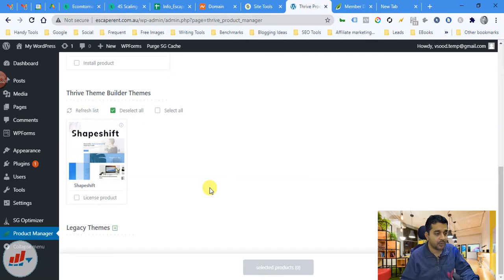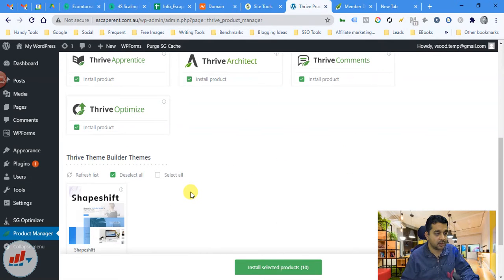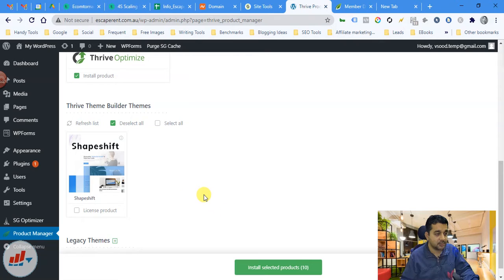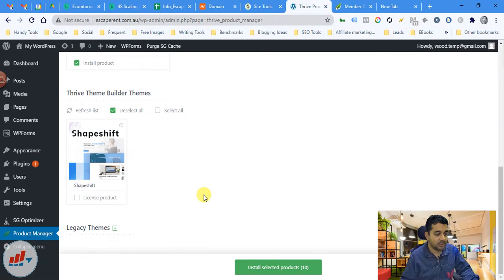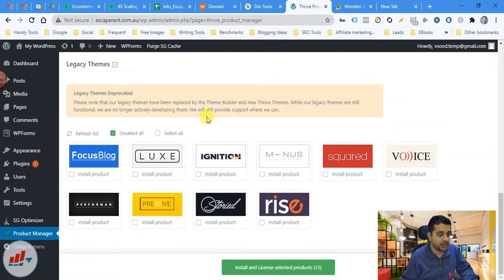Okay, so we can select them all. It's also giving us the Thrive Theme Builder themes. We can choose this also, and there are some legacy themes also. It depends upon you, but they are saying that legacy themes have been replaced by the Theme Builder now.